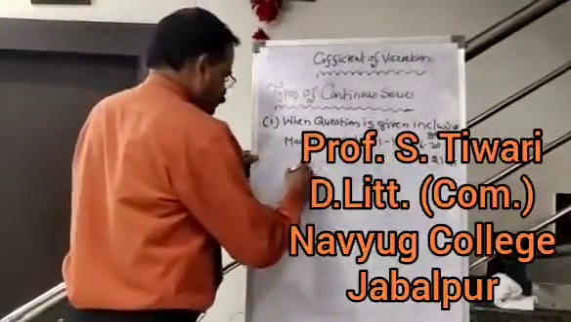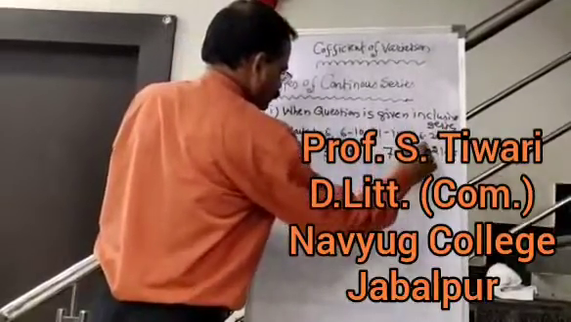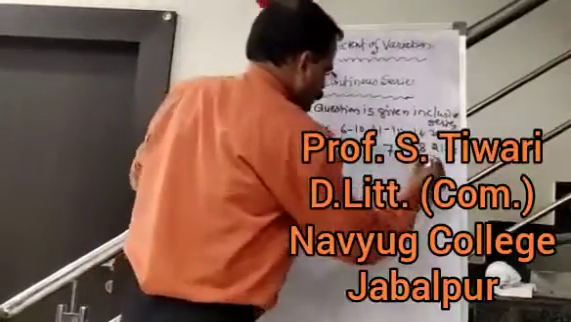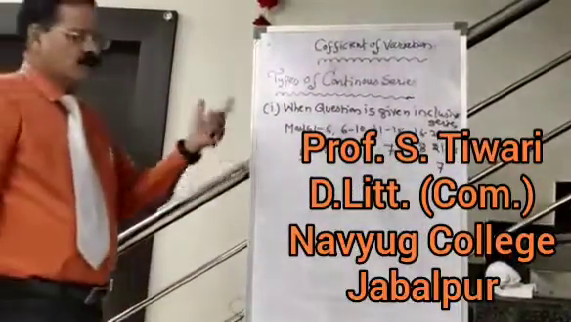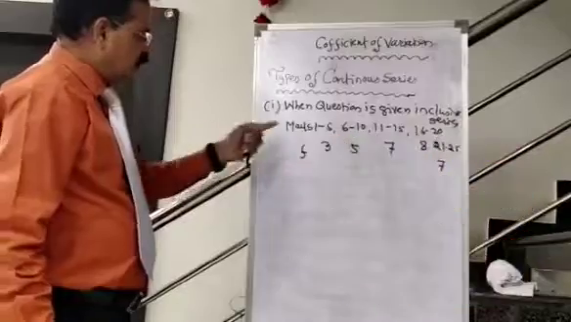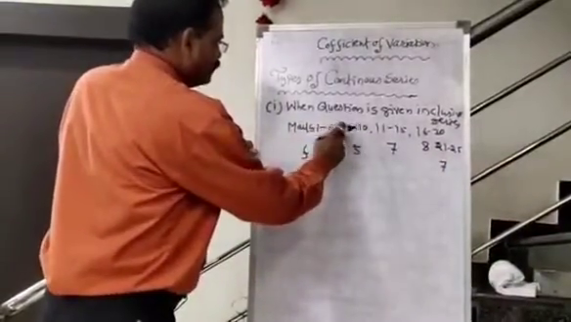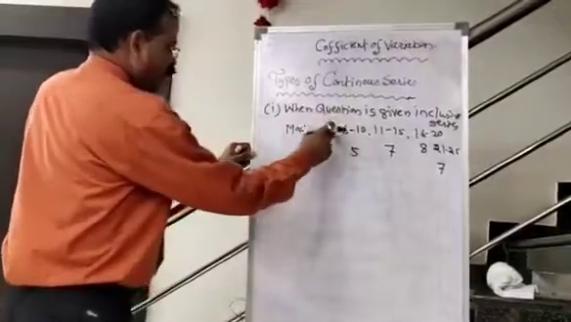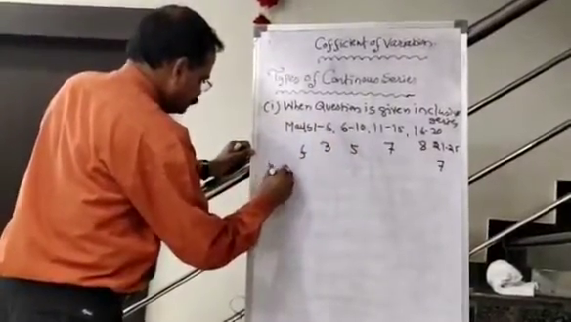Frequency 3, 5, 7, 8, 7. अब इंक्लूसिव सीरीज को हम कन्वर्ट करेंगे एक्सक्लूसिव सीरीज में। एक्सक्लूसिव सीरीज में कन्वर्ट करने के लिए ये देखा जाएगा कि यहाँ पर डिफरेंस कितना है। डिफरेंस है 1, तो हाफ ऑफ डिफरेंस वी शुड डिडक्ट फ्रॉम द L1। हाफ ऑफ डिफरेंस